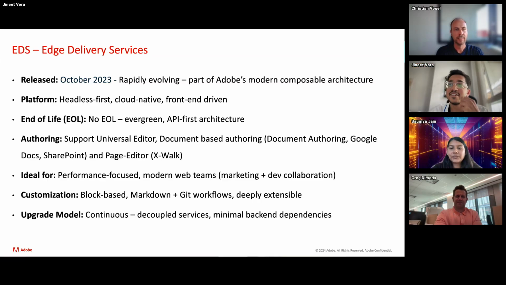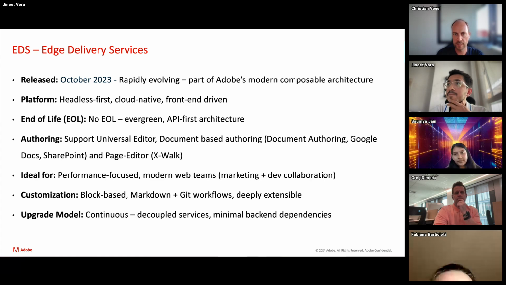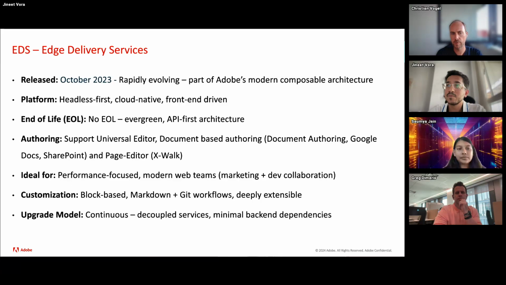Okay, so let me start. Two years ago, we released edge delivery services to everyone and put it on GA. We had something very special for the implementation of this specific product, and that's that we started off with a very long co-innovation period. We called these VIP projects because we had edge delivery websites already running for 1.5 years when we launched it and put it on GA. So we had a lot of experience with existing customers, with new customers, in every size and every flavor of how websites could look.